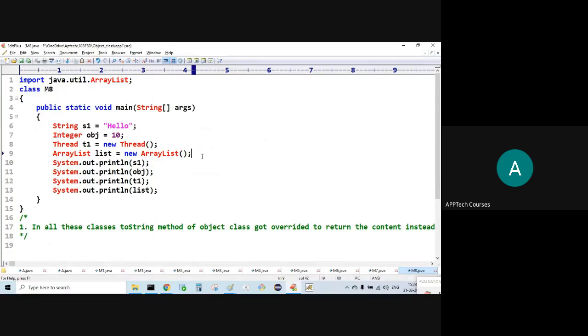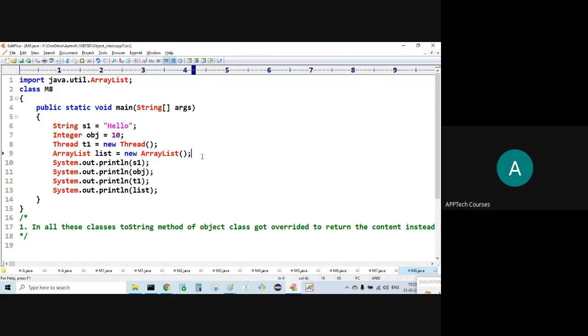In the String class, in all the wrapper classes, in the Thread class, and in all the collection API classes, the toString method of the Object class got overridden by default to return the object content, not the memory location.